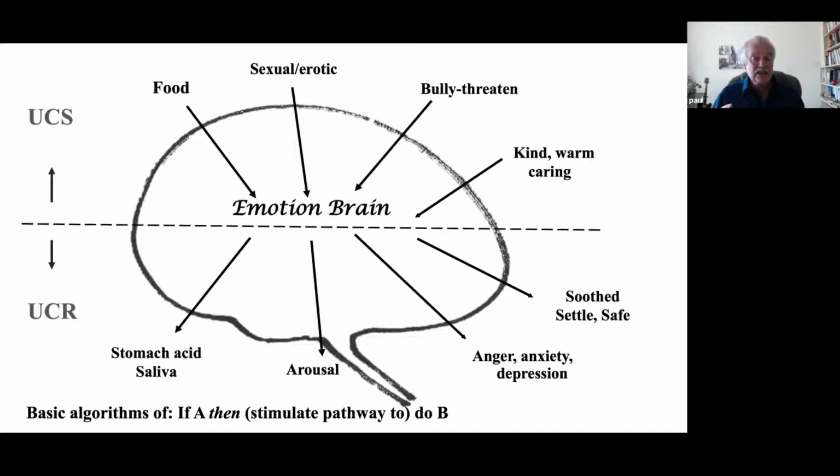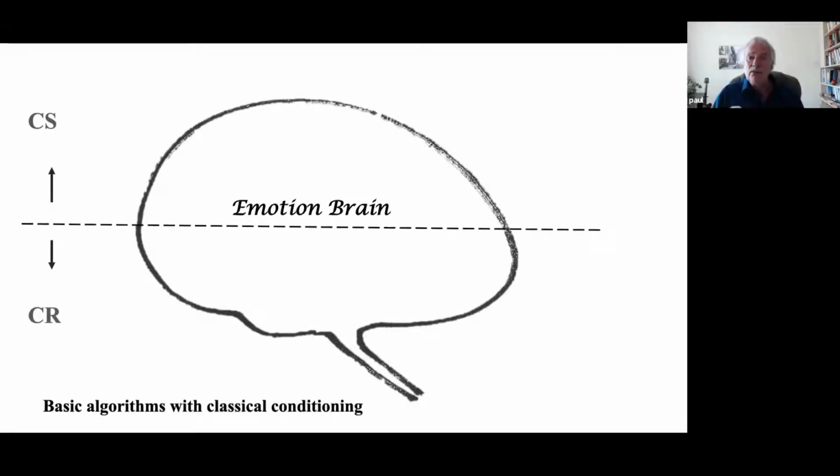Now, it's about balance, because as I say, it doesn't take it all away, nothing like that, but it's about balance. So what we can see then is that we've got these basic systems which are wired in. That's what they are. They're part of the algorithm. Okay, we've talked about that before. But here's the key thing that we want to get across today, and that is there's also what we call a conditioned stimulus. Now, a conditioned stimulus is a stimulus which, because of association, can stimulate those basic brain pathways.